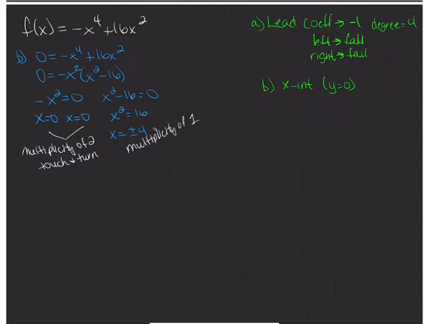So that means it's going to pass through our graph, right? All right, so X-intercepts, we can fill that in over here. So we know that was when X equaled 0, right? And we can even write on there if you wanted to, multiplicity of 2 to remind you. X equals a positive 4 and X equals a negative 4, right? And both of these had a multiplicity